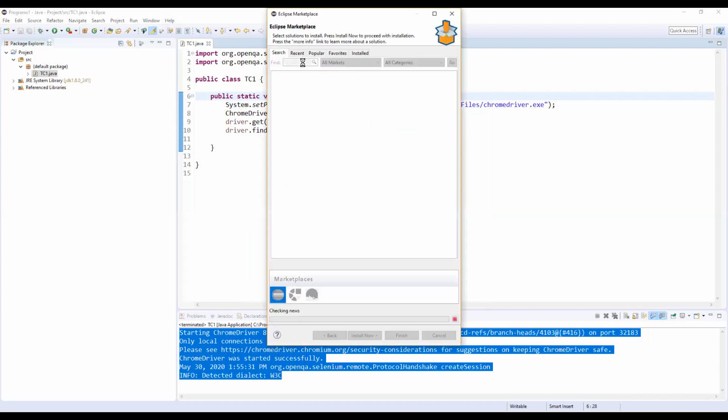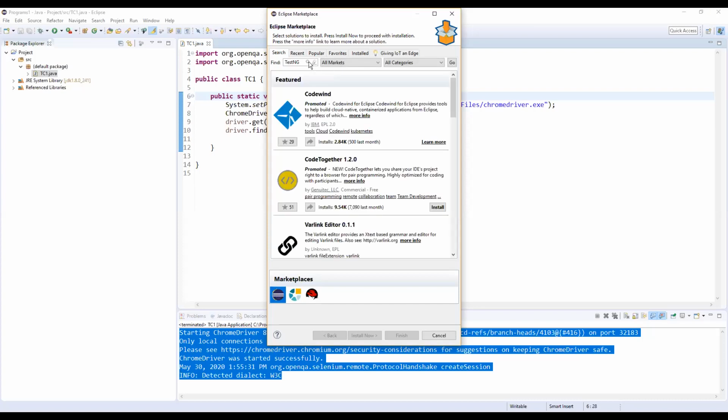In the top search box, just type TestNG and click on search. It will take some time to fetch the TestNG related files. Let's wait for it.